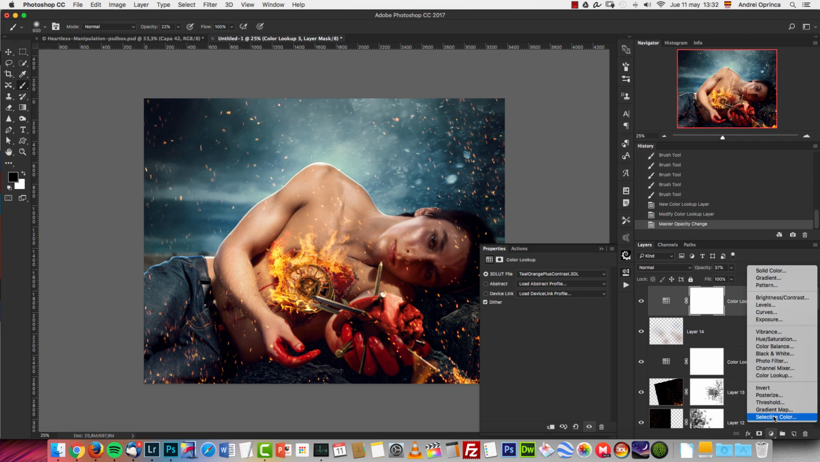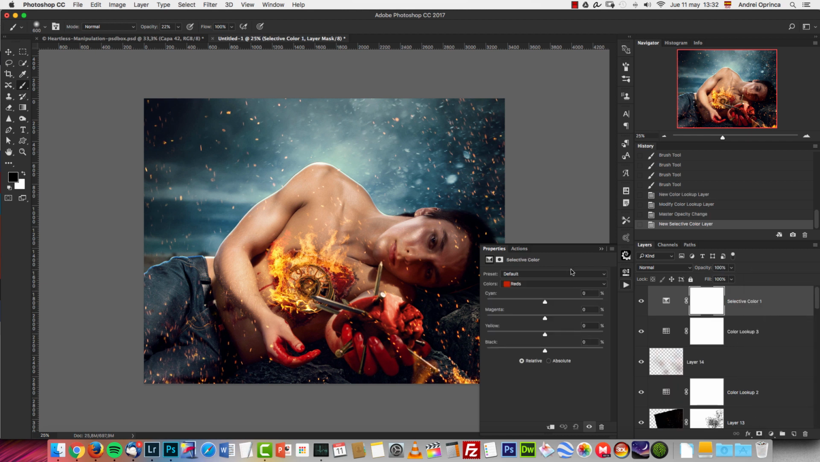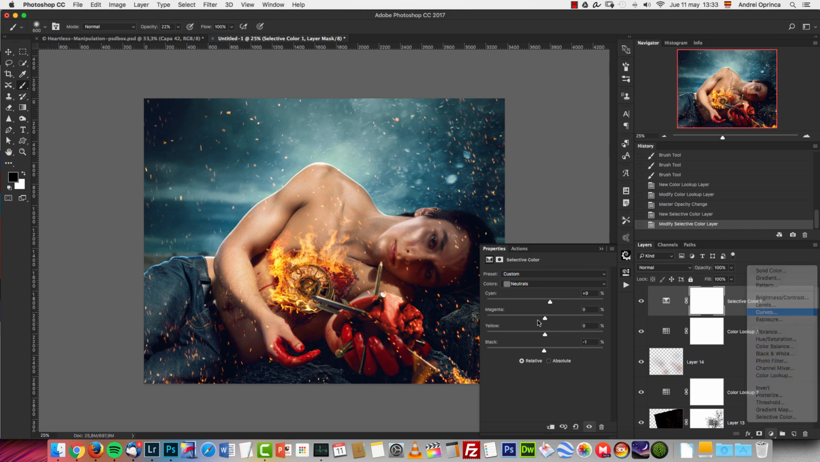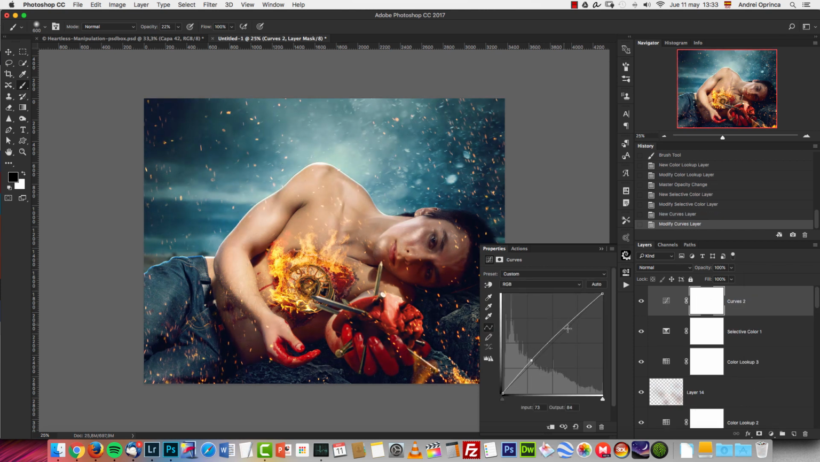Next, a selective color. This is just to add here on the blacks. I want to add some yellow, some red, some blue, sorry, and some cyan on the shadows. And on the blacks, I'm gonna add just a bit more light, -3, and on the neutrals, something like that, and probably more cyan. You can also do this with curves, and add more light on the darks if you need that, and a split tone effect,